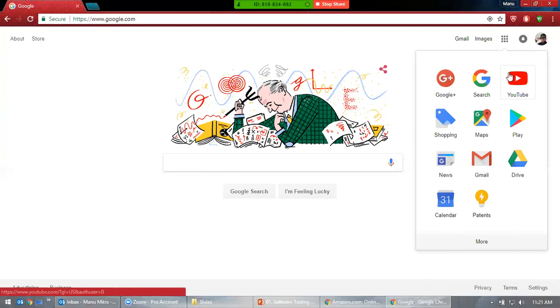And shopping, again, is different. Second, Gmail is a subdomain. If you see here, mail.google.com, that means it's a subdomain of google.com. That means it's a part of Google. But YouTube was a separate domain, which means it's a different URL. So all these features are integrated into one. That's called integration, and testing that is called integration testing.